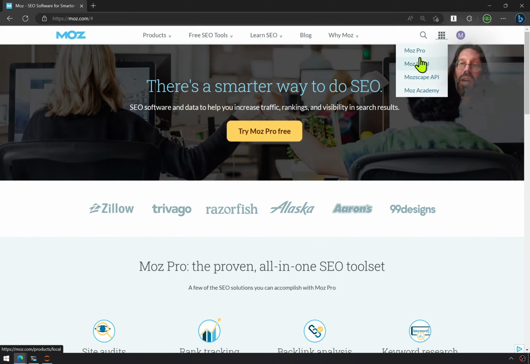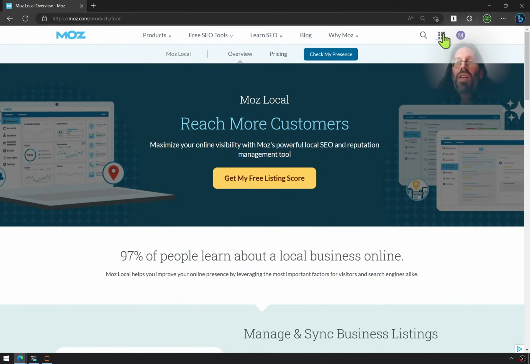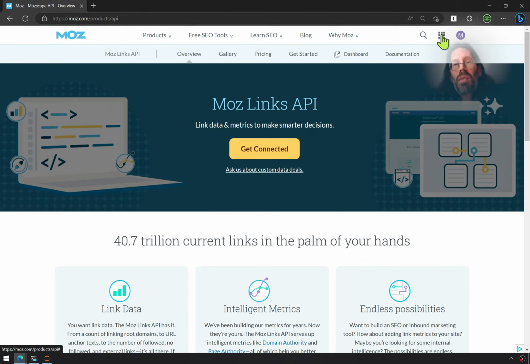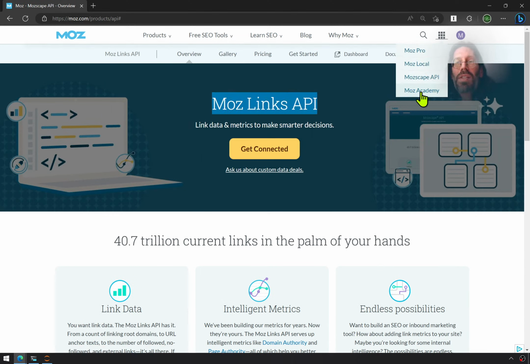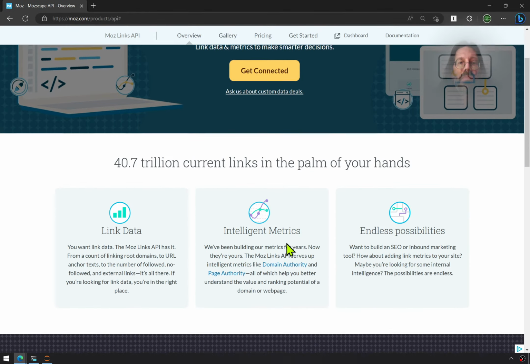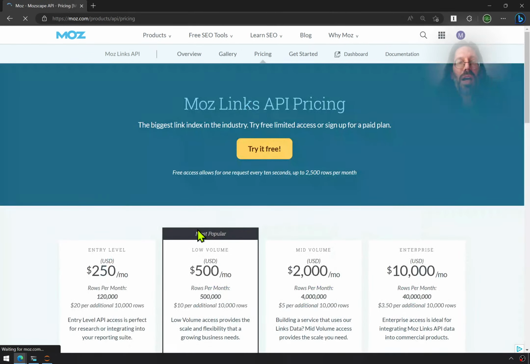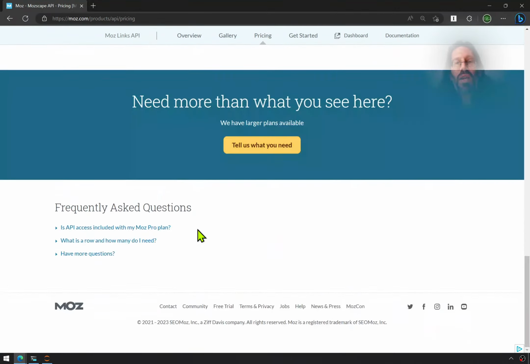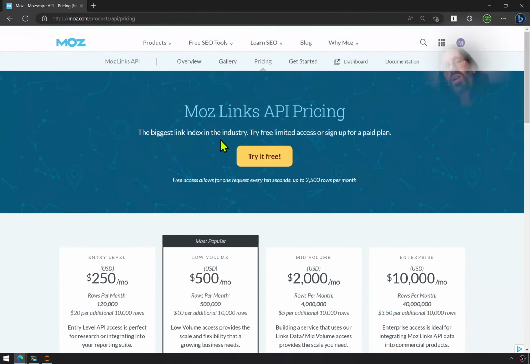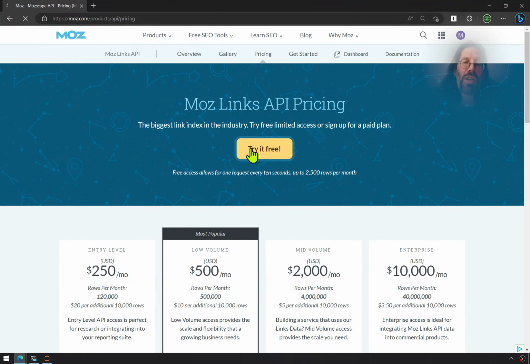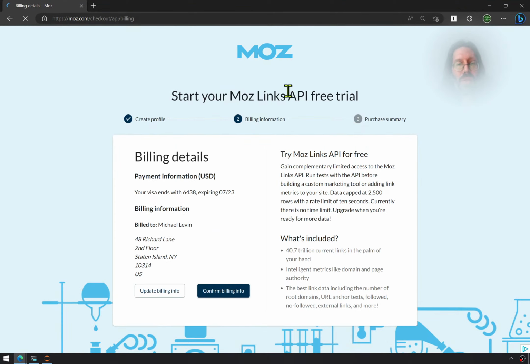So let's go into Moz Pro, not even, let's go into Mozscape API. Moz Links API, right? So that link has to become a Moz Links API, not Mozscape API. And this whole Get Connected thing I've already done. I've gone into Get Connected. I have given it my credit card information and gone on to my free trial period. Although I'll probably have to,